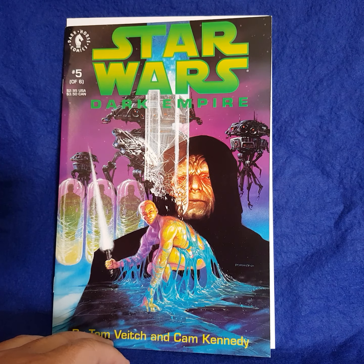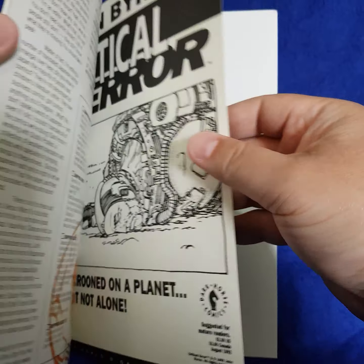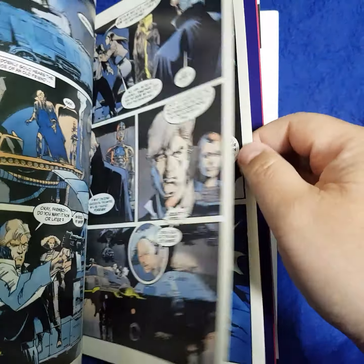So if you cast your mind back to the original episode 1 of the Clone Wars, the movie, Anakin had the highest midichlorian count of any Jedi, and that's why Qui-Gon Jinn believed he was the chosen one. But anyway, I'll just show you the interior of this book, and right at the end here, you can actually see